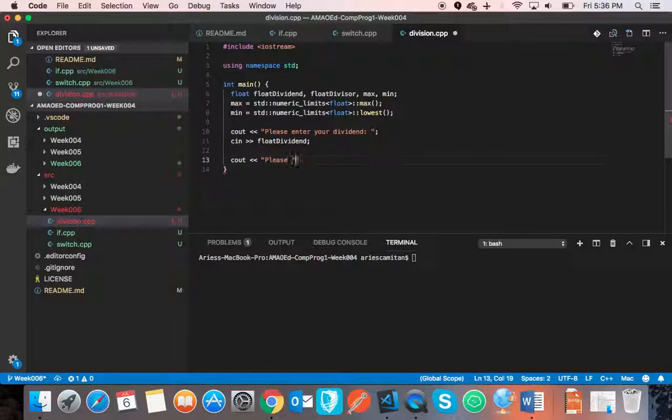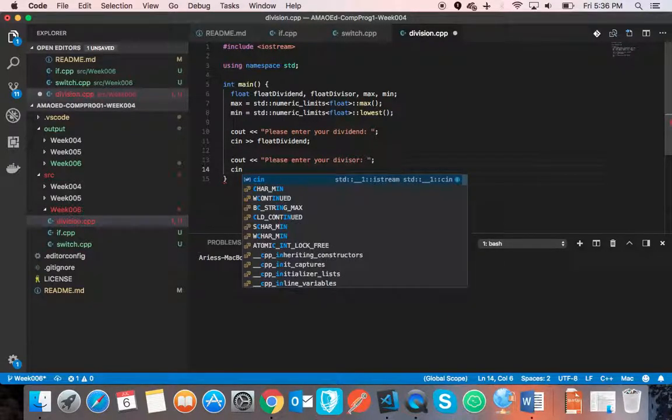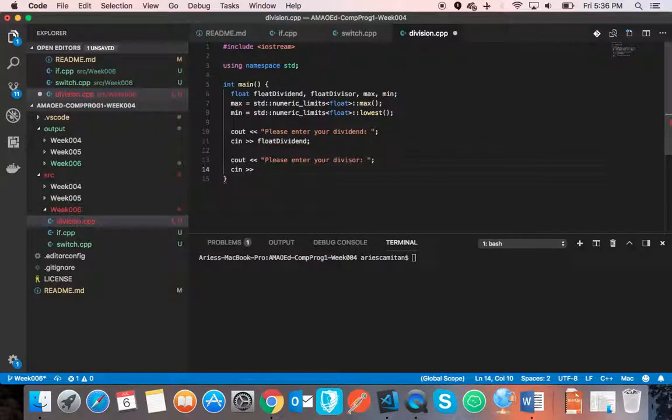Also, ask the user to enter your divisor, and the input should be assigned to float divisor. Okay, then